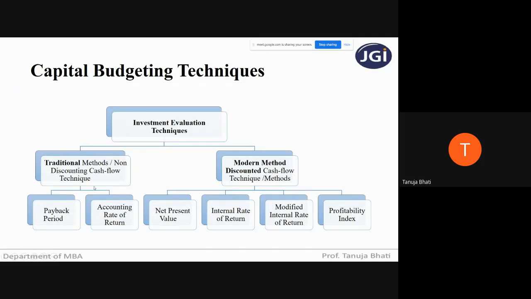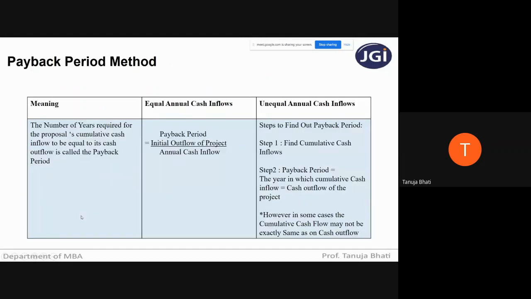So you have module number 3 complete. Module number 4, you have your capital budgeting theory complete. Traditional methods, payback period and accounting rate of return. Modern methods you will be having in your third I. Is this clear? Yes, ma'am.